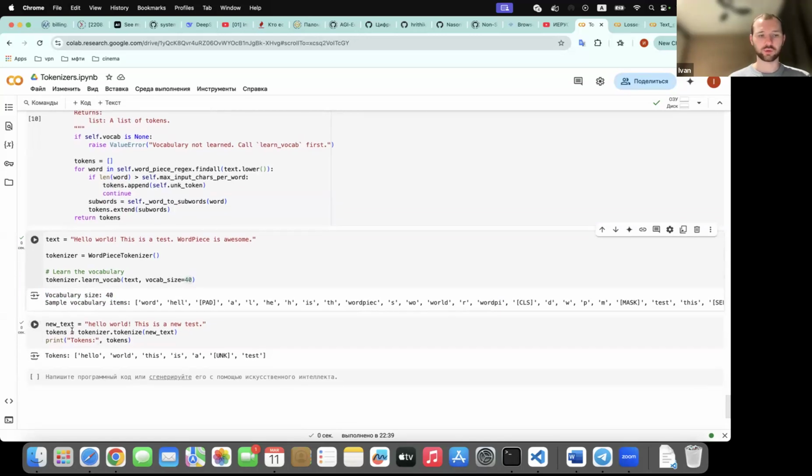And now we have new text. As you can see, we have some new words. It's a new word, so let's take it. Our tokens for this text are absolutely correct, but we had a new word, and this was replaced by a known token. Okay, so this is